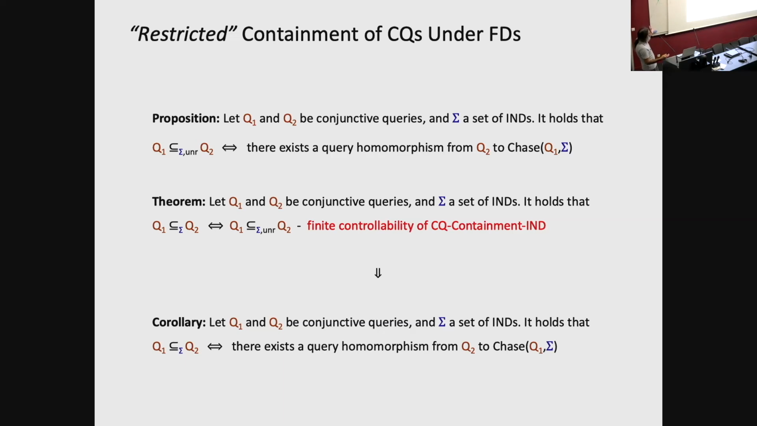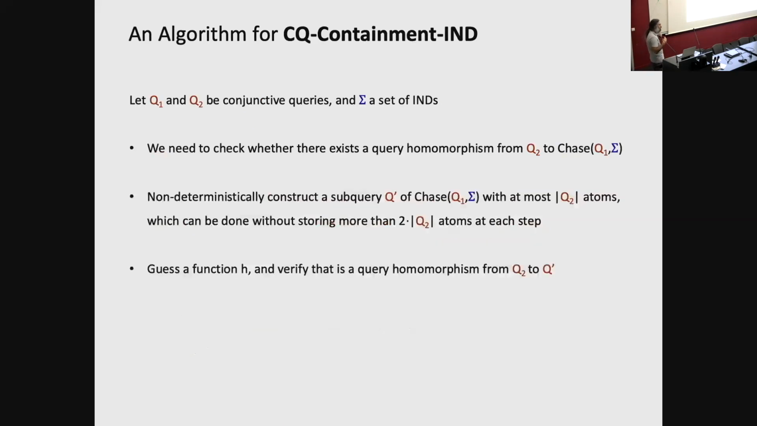Now, one may say, okay, good, which means that we can build the chase again and check for the query homomorphism, but don't forget, the chase might be infinite. So even here, we need a bit more refined procedure than just building it, because we cannot explicitly build this guy, right? And here, it's again a non-deterministic procedure in the spirit of what we discussed for implication, but things